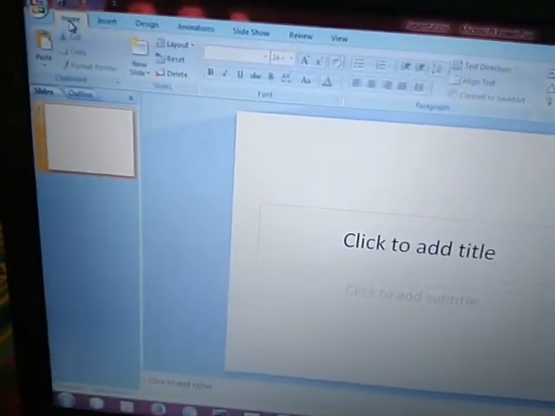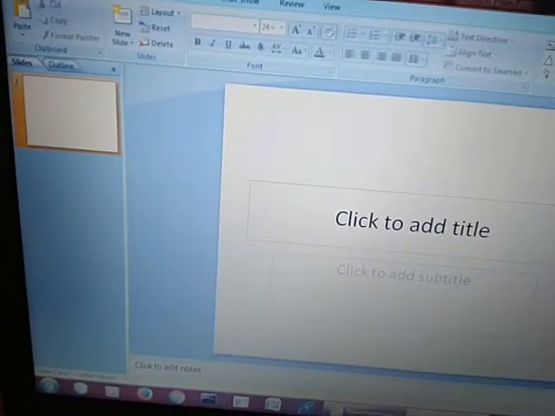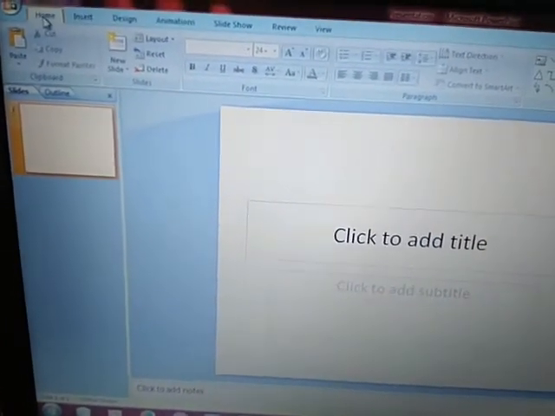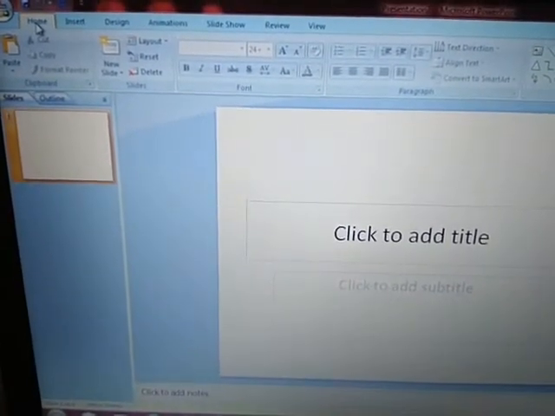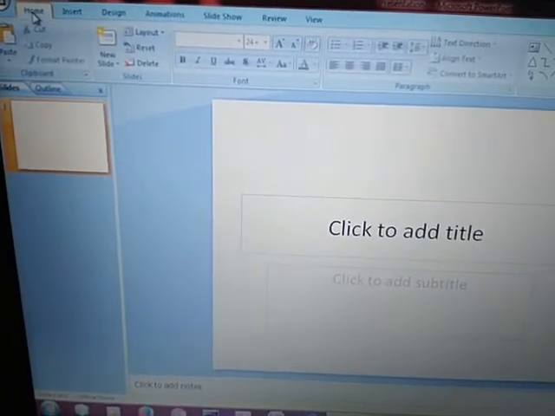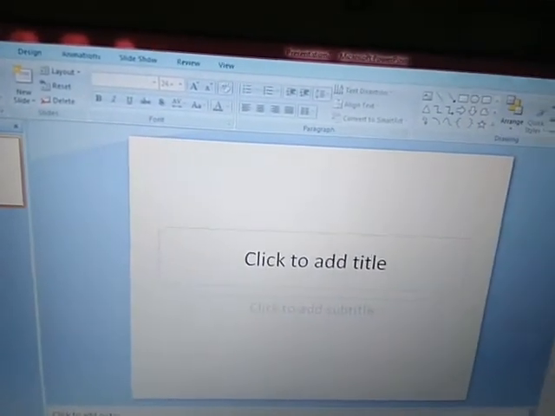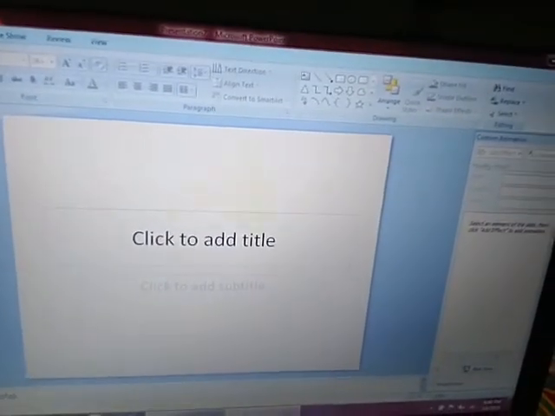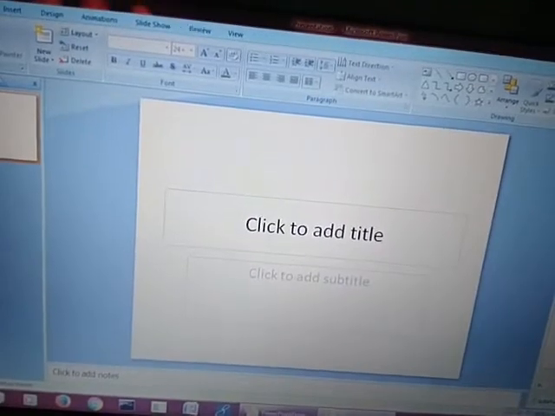First is the clipboard, in which cut, copy, paste and format painter are there. Then after that the new slide option is there. Then layout, reset and delete, and then font and paragraph, drawing and editing tools are there.